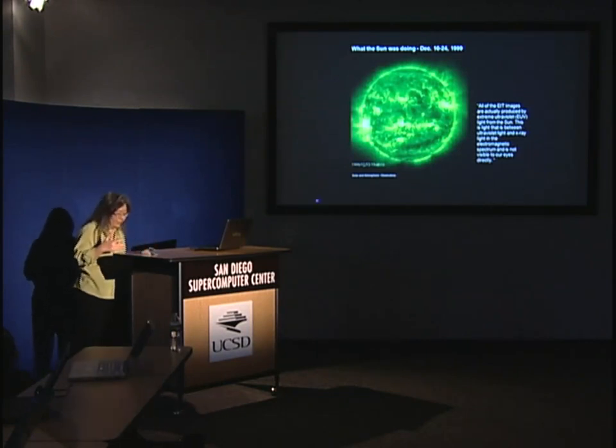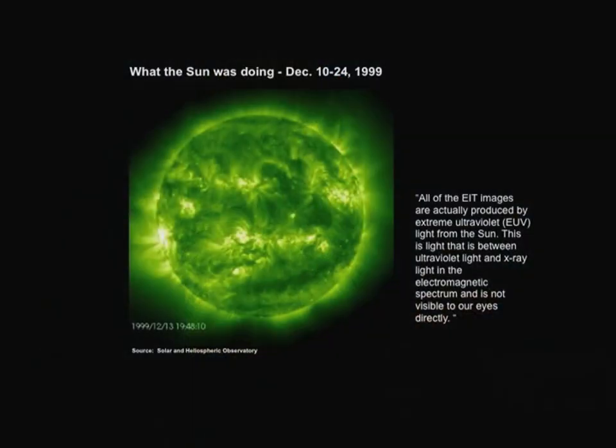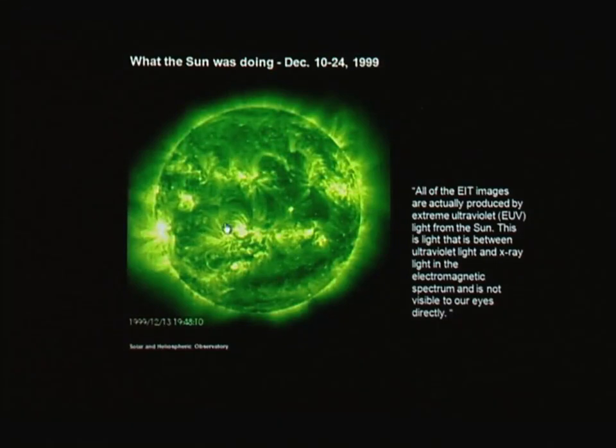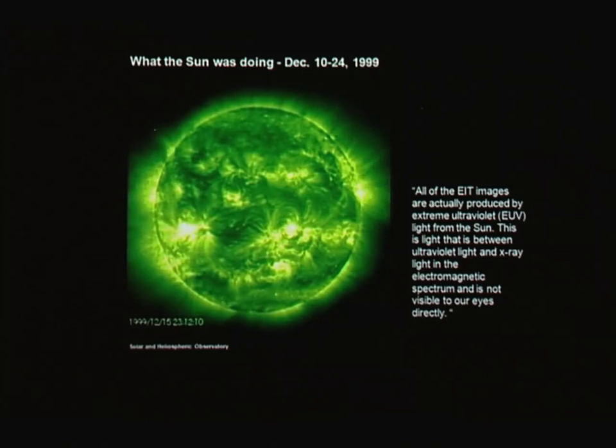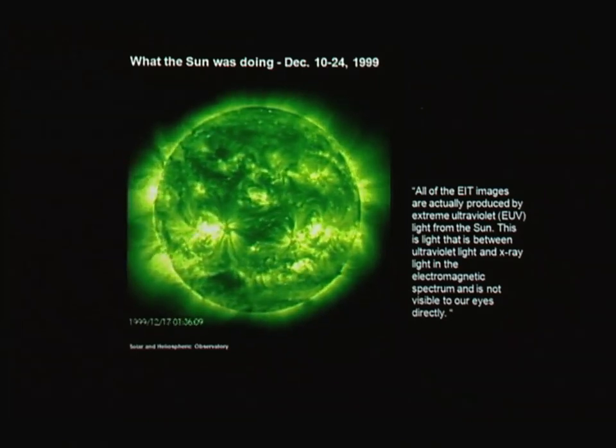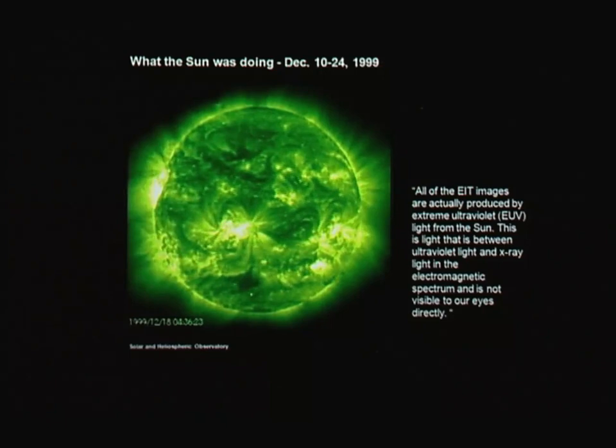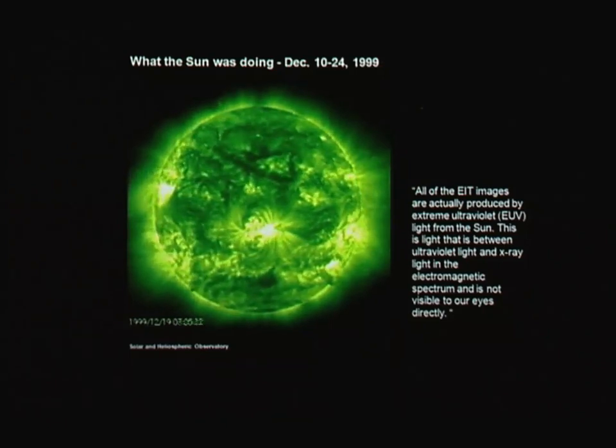I show this because it's an interesting view of the sun. When you look at the sun, you can't see any detail because it's all too bright, and it's not a good thing to do. This was taken with a spectrometer that would look in the extreme ultraviolet. We saw that ultraviolet is a small percentage of what the sun sends, and if we filter out and ignore all the kinds of light, visible and IR, this is a movie of the sun over a 2-week period. You begin to see detail in the sun by selectively looking at that spectra.